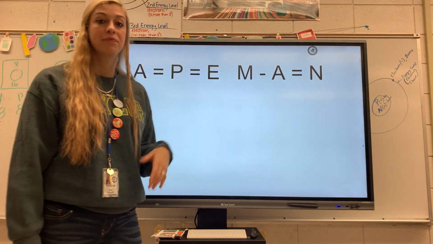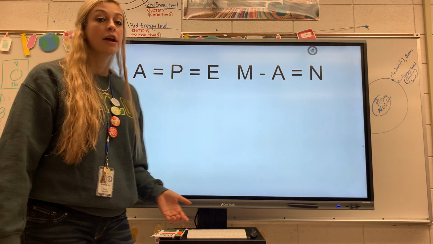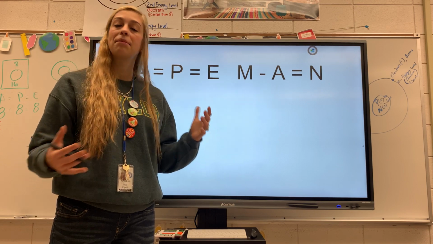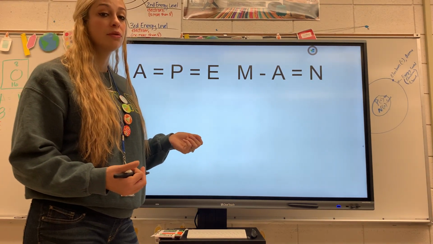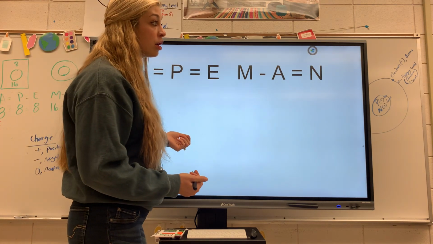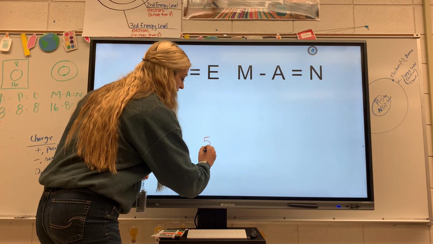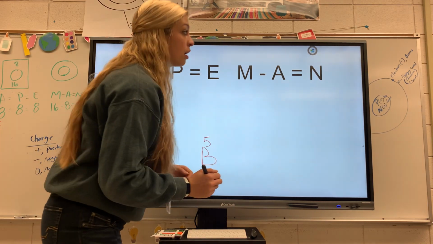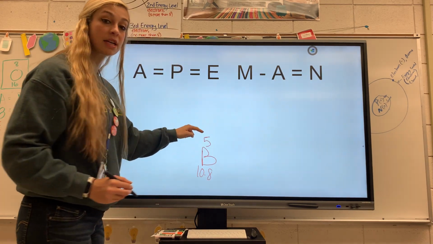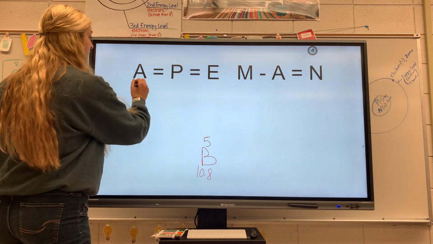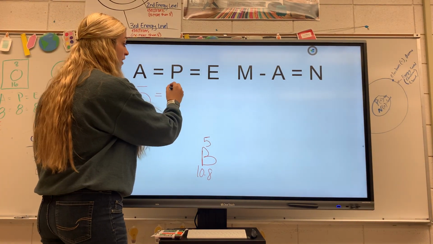Okay, next topic, 8-man. Okay, if you know 8-man, you know 8-man, it's easy. The A stands for atomic number. Let's do 8-man for boron. So boron's atomic number, or the number on top, is 5. So atomic number is the number on top. For boron, it's 5. So that means boron has 5 protons